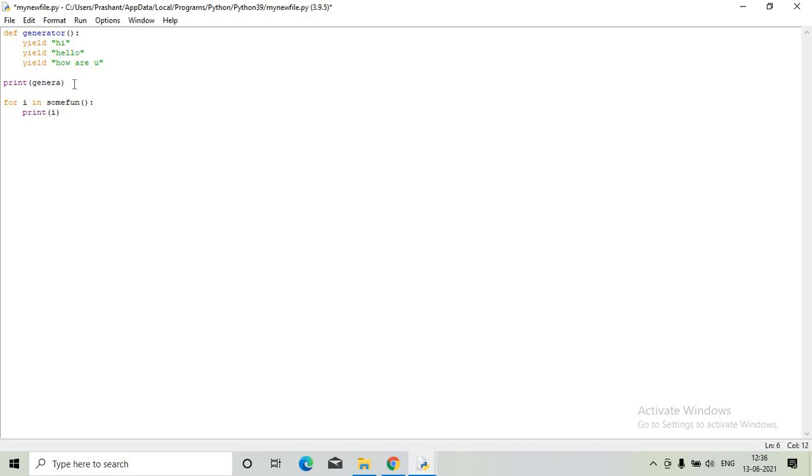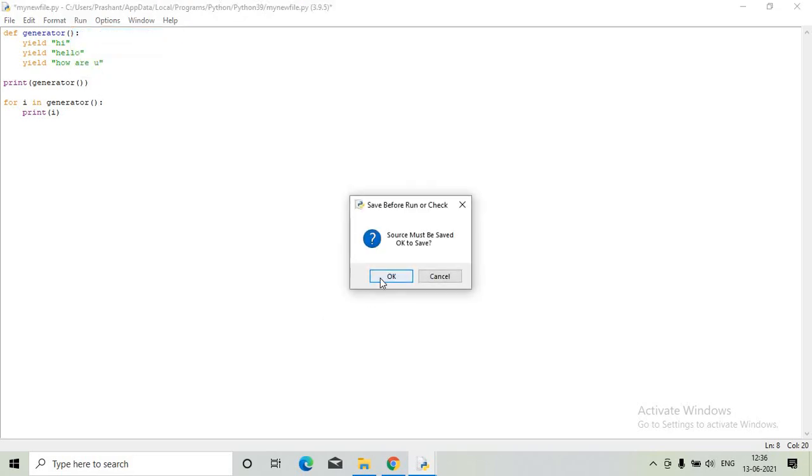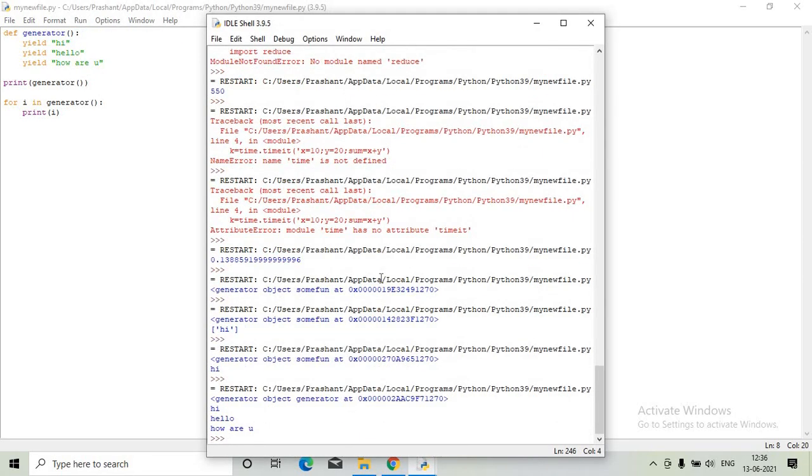Here it is for i in the generator. Just run this. This is the message that can be displayed: hi, hello, how are you? So this is the way you can display.